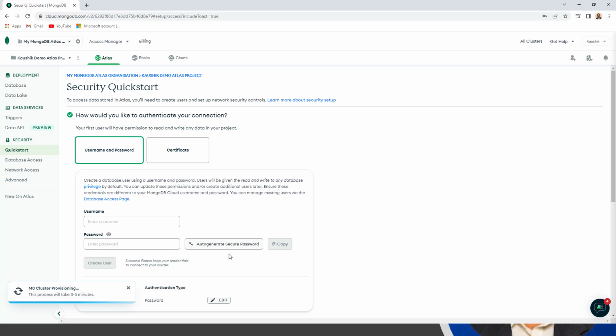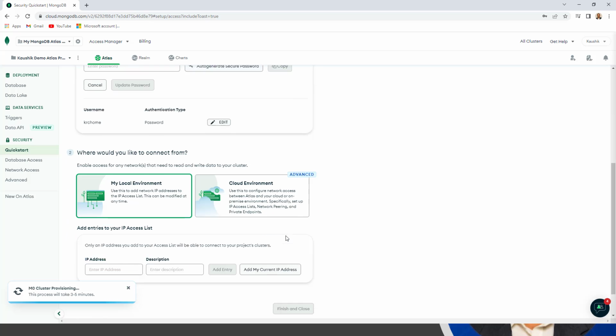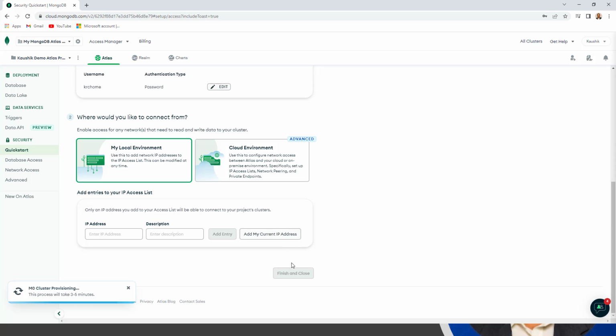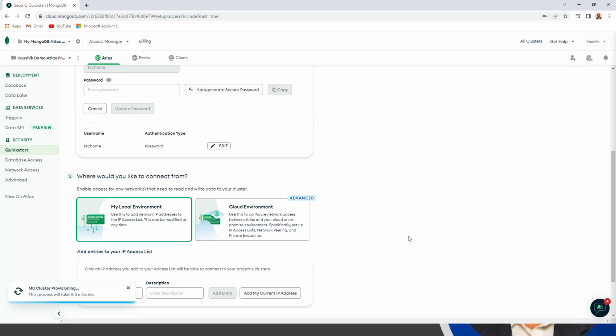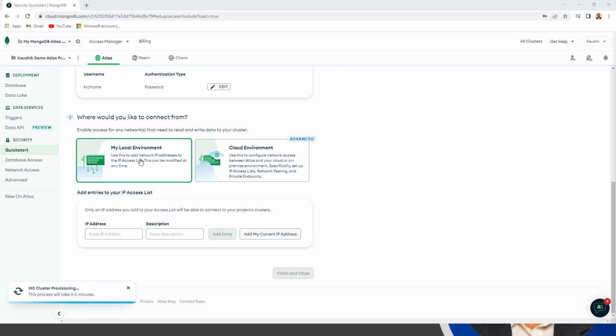Okay, and then KRC home password, I could just edit it over here, but I am happy with what I have done, and then finish and close. I am not yet finished, so I don't have this button actually functional. So where would you like to connect? When I scrolled down, I found that